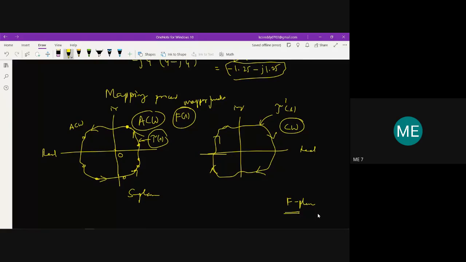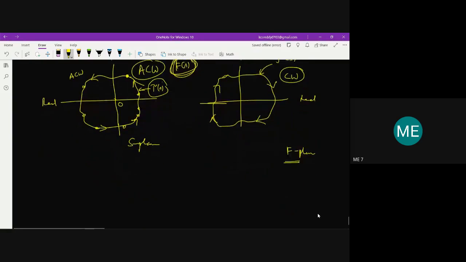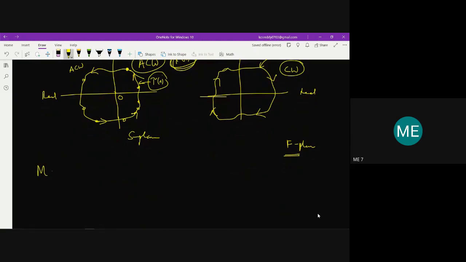That is what we can say: the tau of s function is mapped to tau dash of s in the f plane with the help of this mapping function f of s. So the mapping theorem is actually related to this mapped locus of the s plane. Now you can see what it says. The mapping theorem states that